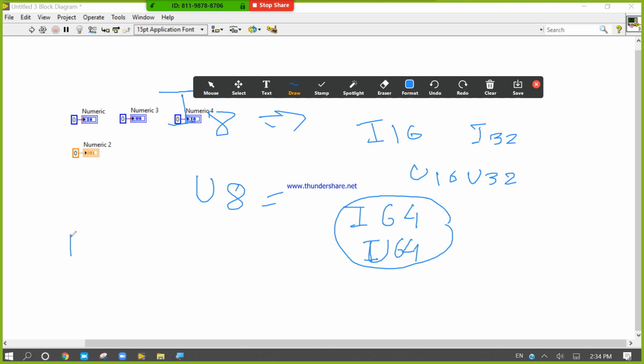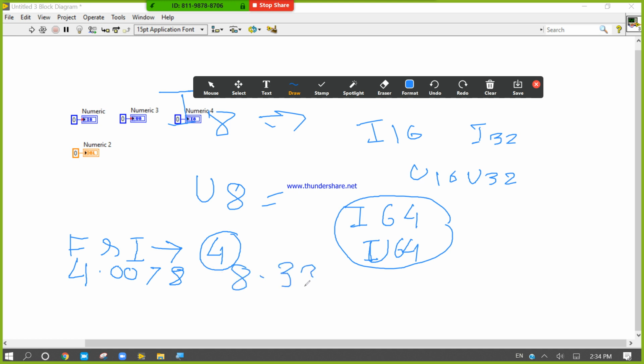So what is the difference between floating and integer? Floating has decimal numbers, but integers have only numbers without decimals. If you write 8.33, it is a floating.